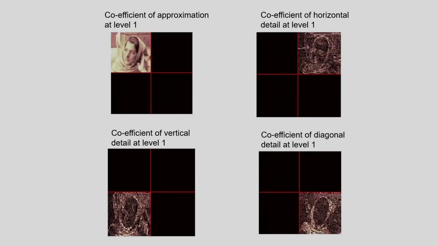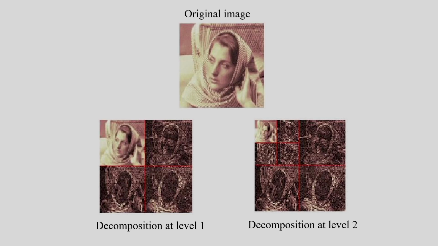Now I am considering this example. Suppose one image is decomposed and I am getting these components. So this component is the LL component, this is the LH component, this is the HL component, and this is the HH component I will be getting. Okay. So you can see I have this component, LH component, HL component, HH component. So this component is the HH component, this component is the HL component, this component is the LH component. So after the decomposition I will be getting this one, that is the level 1 decomposition.